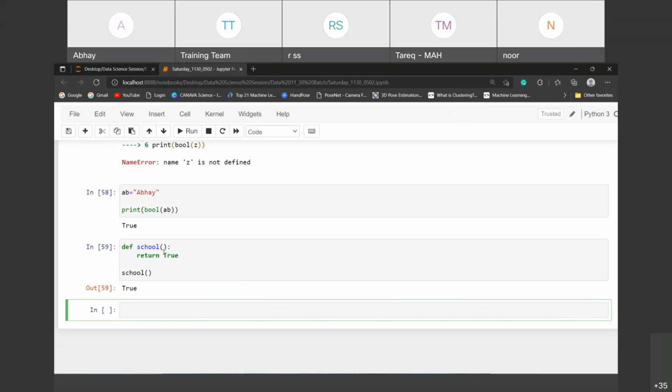Suppose you have written nearly thousands of lines of code, and there is one function, and your code goes throughout the school function. But that function is not that useful for your program. If you removed it you would get an error, but you don't want to remove it, so the code goes through that and comes out of school.